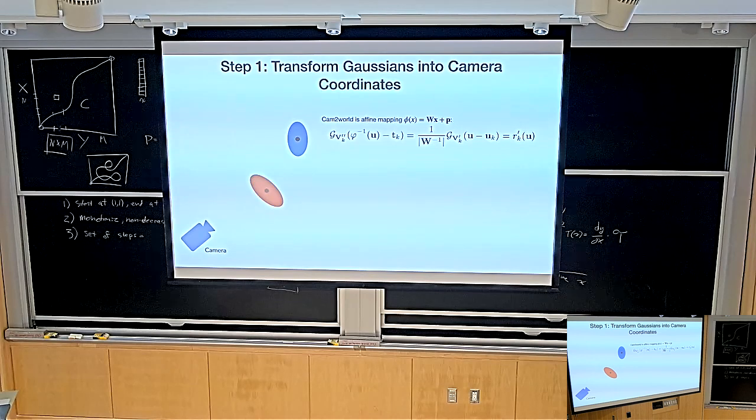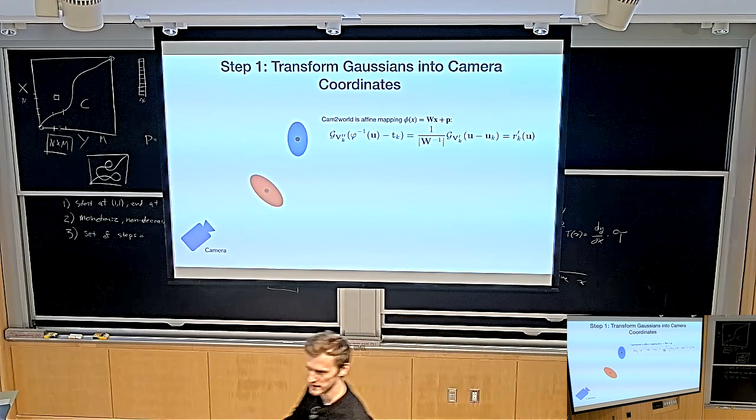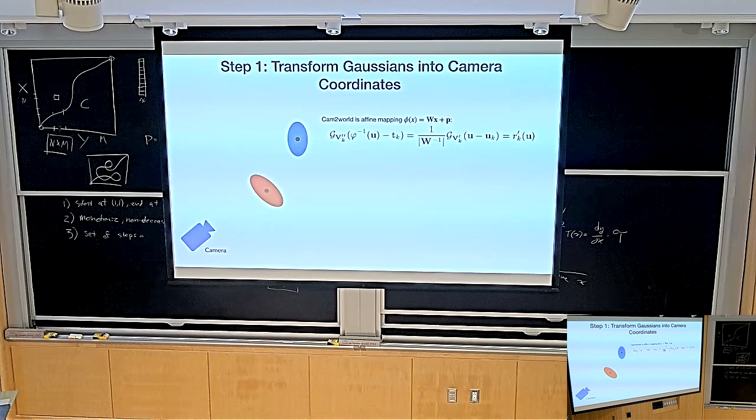The first step we're going to take is to take all of our Gaussians, which are living in 3D world coordinate space, and transform them into camera coordinate space. That just means you're applying this affine transformation with the world to cam matrix. So this is exactly what we just did. Our cam to world transformation is just an affine map, so we just apply the affine map to the input of the Gaussian. Does that make sense? Good. So we're just transforming our Gaussians.